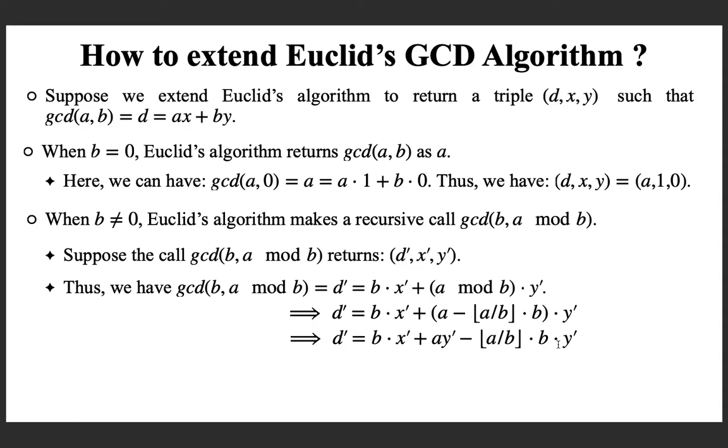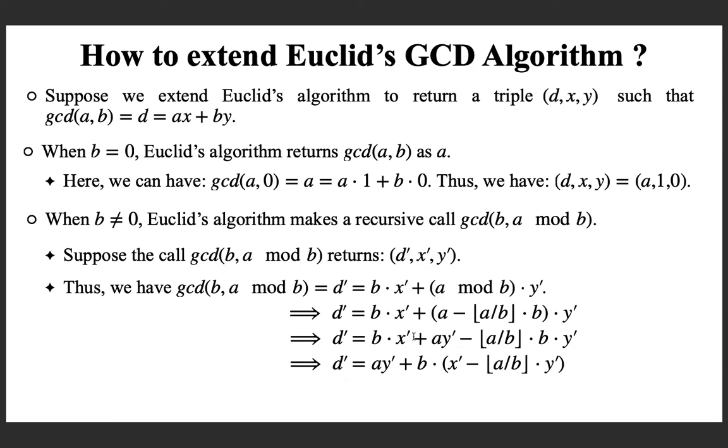So we want to get an equation where it is of the form a multiplied by an integer plus b multiplied by an integer. That is what we need. We need d prime as a linear combination of a and b. We can write it. We can take this term first, that is a y prime, plus from the other two terms I am taking b as a common factor. So b multiplied by, from this term I am getting x prime,